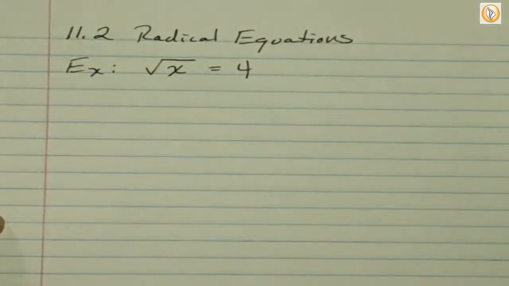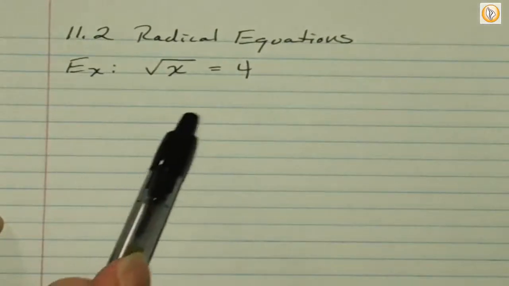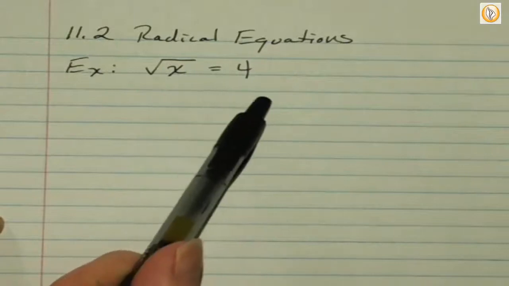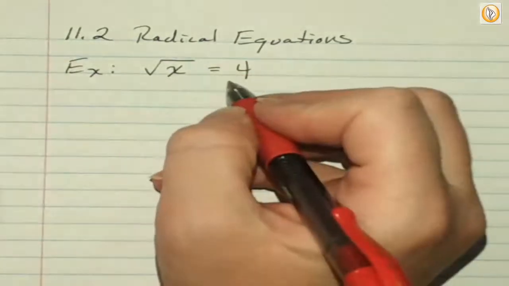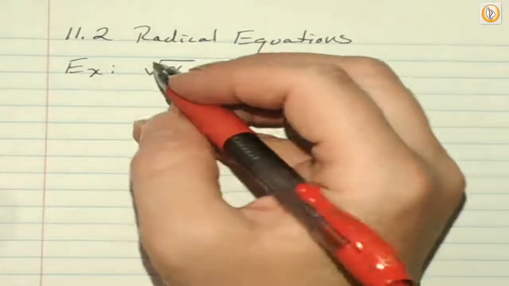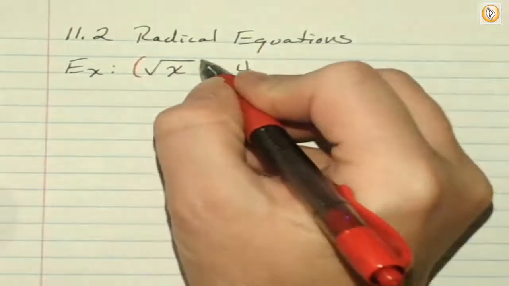Well, that's the square root of x equals 4. To find this, you're going to